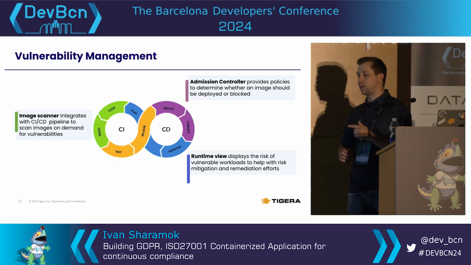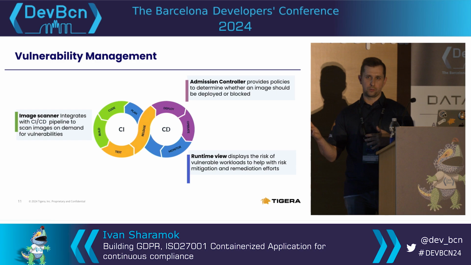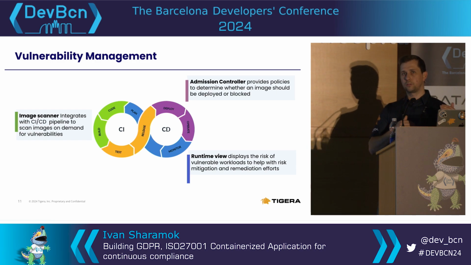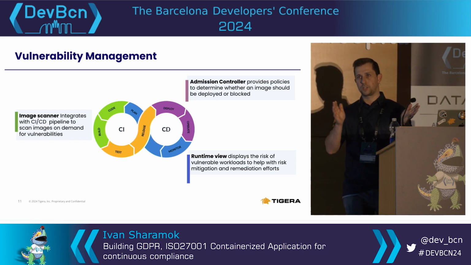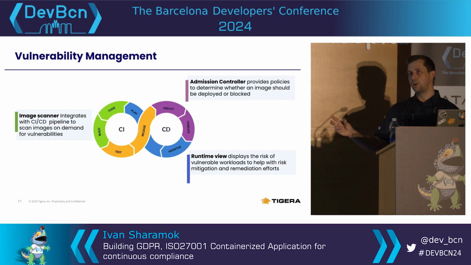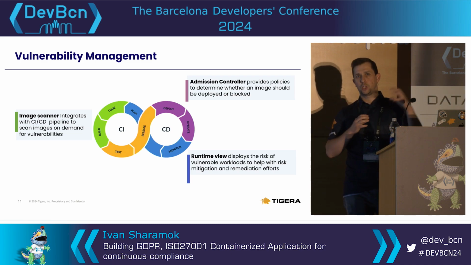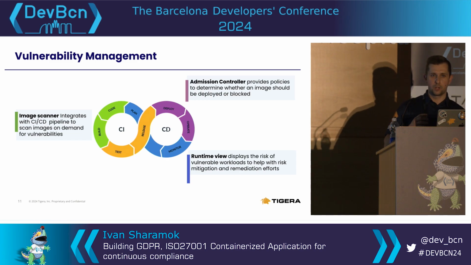And we give you a runtime view where we take the images that you scanned. You not necessarily may have deployed those to your cluster, because we have different ways you can do the scanning. You can scan against your image registry, so you can just point the scanner there and say, hey, can I get the scan for all the images I have in there? But maybe only a handful of those are running in your cluster. So we provide the runtime view where we show you where they're running in your cluster, and in that context we show what packages and CVEs you have in there, so that you can see your exposure to certain vulnerabilities.